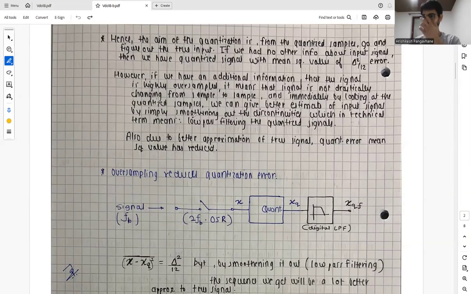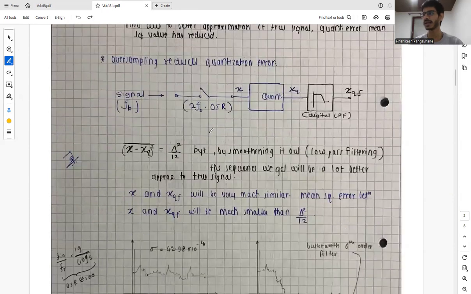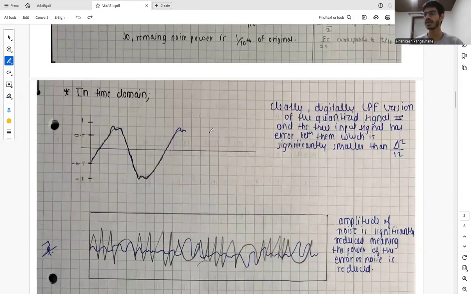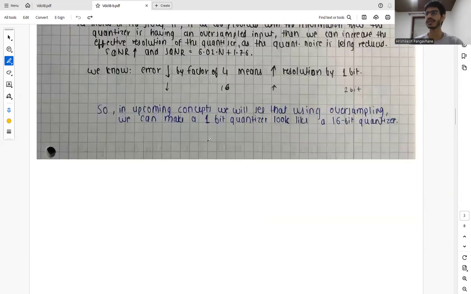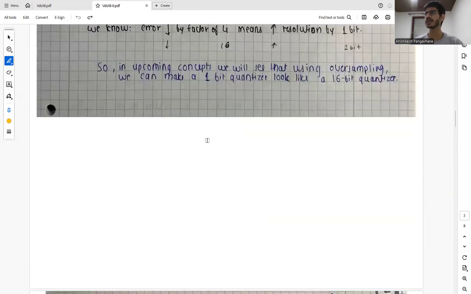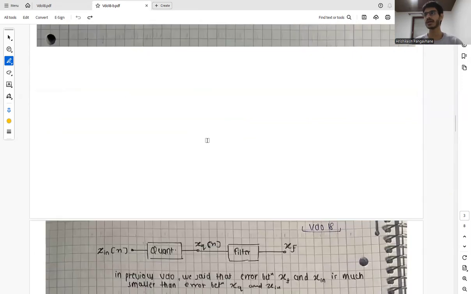Yes. So until now, we saw the advantage of oversampling, but not just oversampling, we also need to shape the quantized signal using a digital low-pass filter. So we saw all the maths behind that, and we analyzed it qualitatively as well as quantitatively. So we said that we will see that using oversampling we can make a smaller bit quantizer look like a